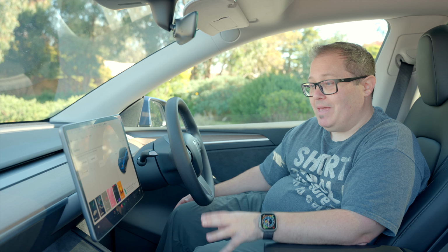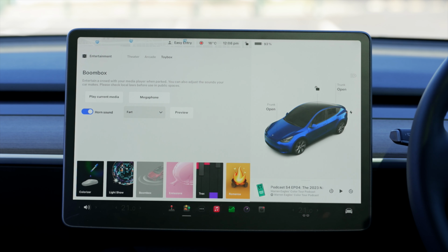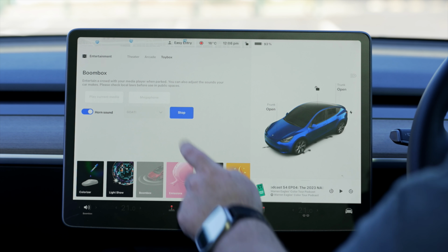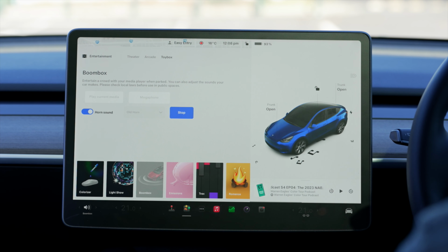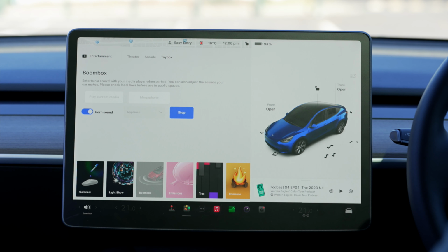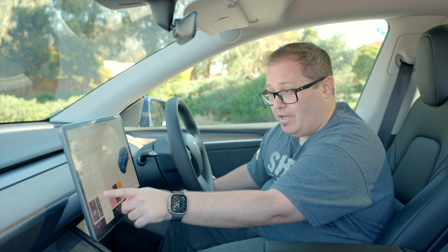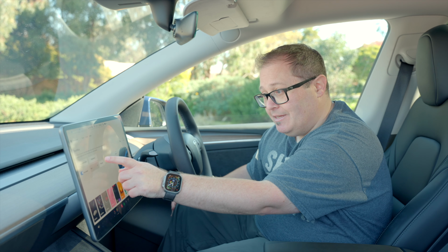And then you can make it make a ton, and I mean a ton, of silly sounds when you hoot the horn. So for example, our good old friend fart, or alternatively we could do a goat, we could do old horn, we could do applause. As you can see, there's that many options. So if we go ta-da,